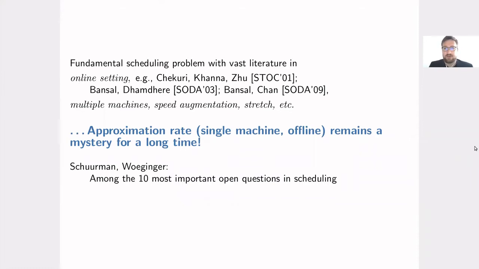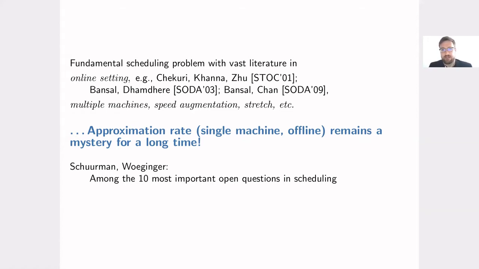This problem is a classical scheduling problem and has received a lot of attention in the literature. It has been studied in numerous variants. For example, one variant that is very relevant here is the online setting, where the jobs are only known to the algorithm once they are released and not upfront. In the online setting, it is known that polylogarithmic guarantees can be achieved on the competitive ratio, but on the other hand, no constant algorithm can be obtained, as shown by Bansal and Chan.